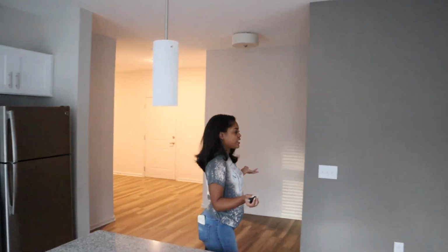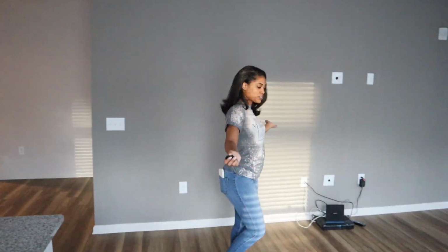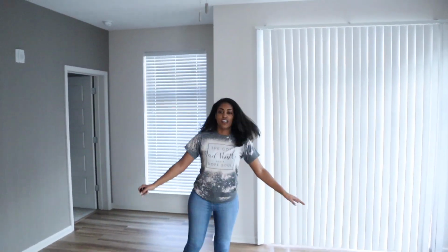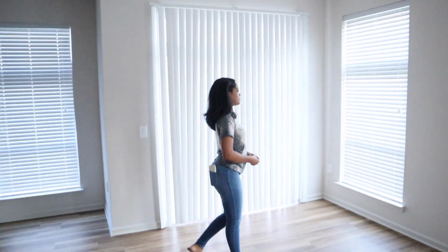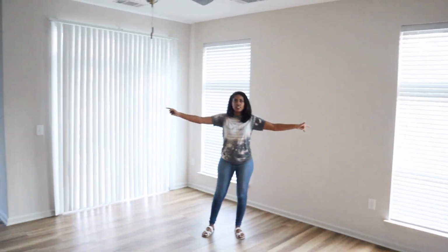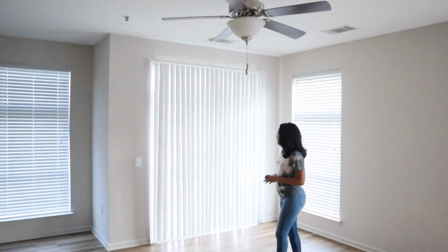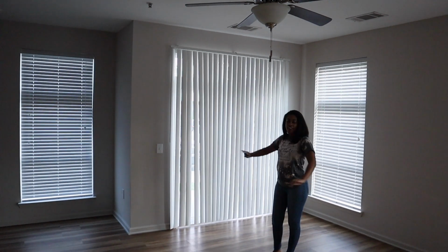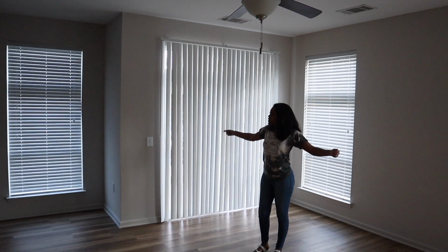And then you walk this way, and this is the living room. A nice size space. So yeah, one thing I like about this unit is that I have a lot more windows. I got 1, 2, 3, 4 windows. I like a lot of natural light. And then also I have the little patio door. So it's a lot of natural light. I have everything closed right now, but when it's in the middle of the daytime, there'll be a lot of natural light in here. And then this is